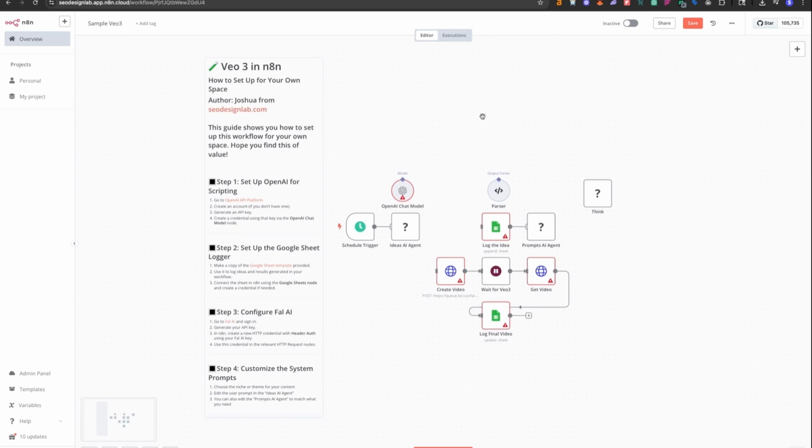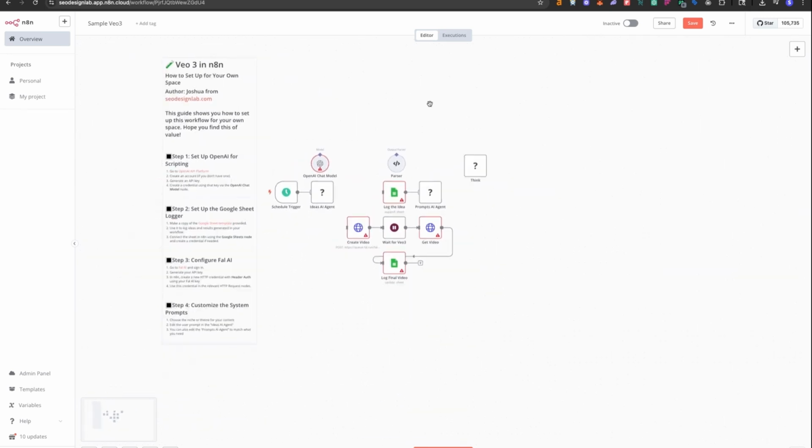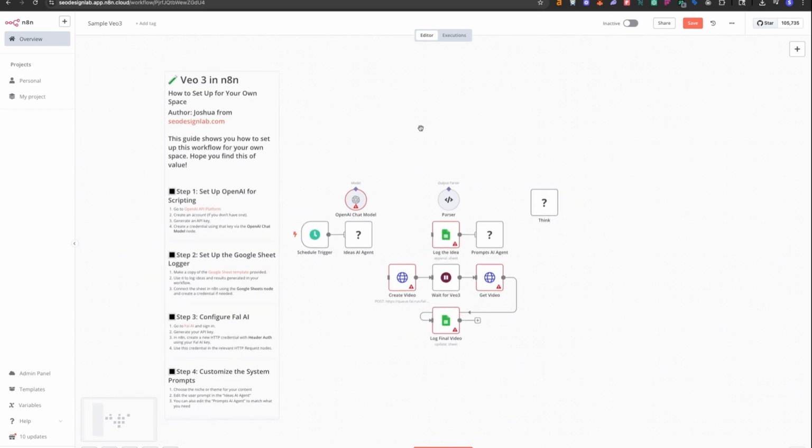And then boom. So what you want to do here is we just want to do a few edits. First things first, you want to make sure you get your Fal AI account created and then fund the account. Put something like $10 on there so that way you can use the credits. Now, we notice right here and right here and right here, we need to replace these variables with an actual